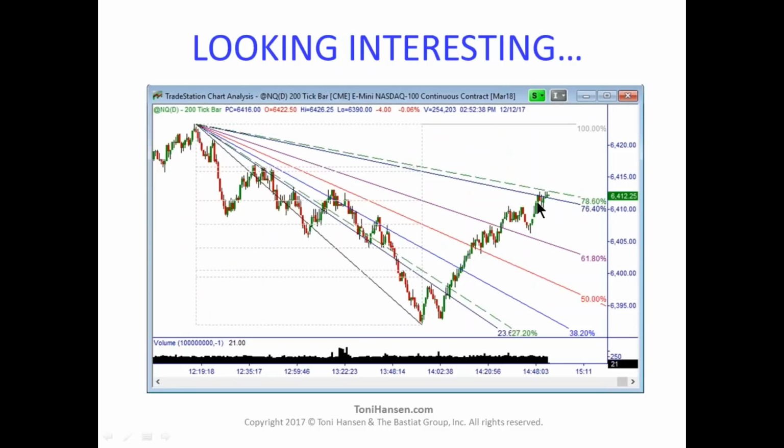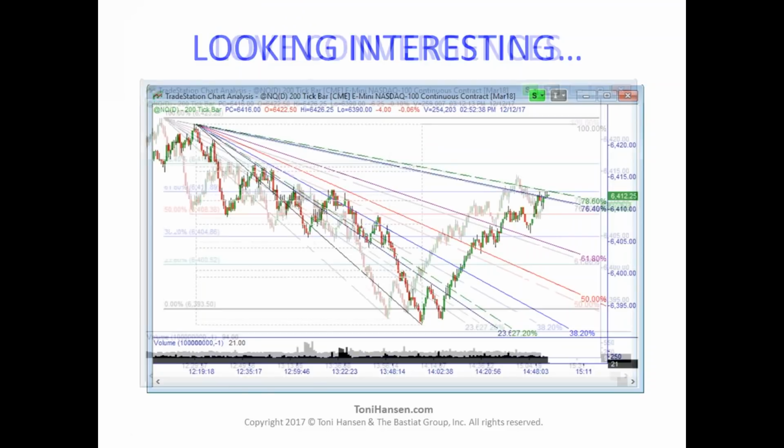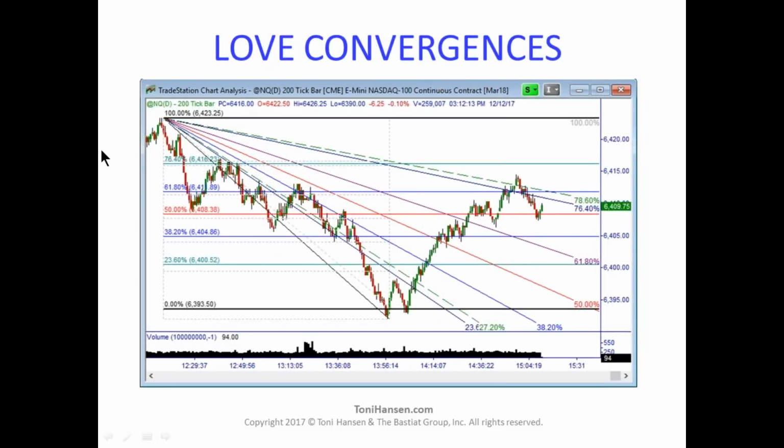So here, I was like, oh, you know what? This is starting to look interesting again. It wasn't quite a momentum reversal because here's a little bit of a pause here. Here was a bit of a pullback. It wasn't like that great V back and forth action, but it was starting to shift momentum, coming right into that key 76.4% zone. So I'm like, hey, you know what? It's not quite perfect yet, but let's see what happens with this. And it ended up pulling up a little bit above it and triggering this small little head and shoulders on the smaller time frame. So here you can see it coming into the first support